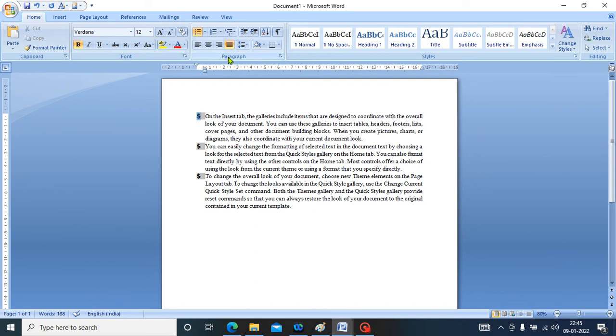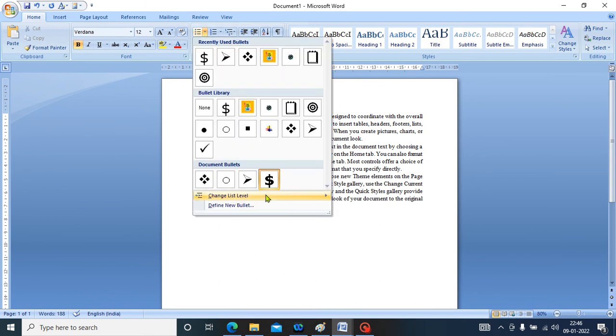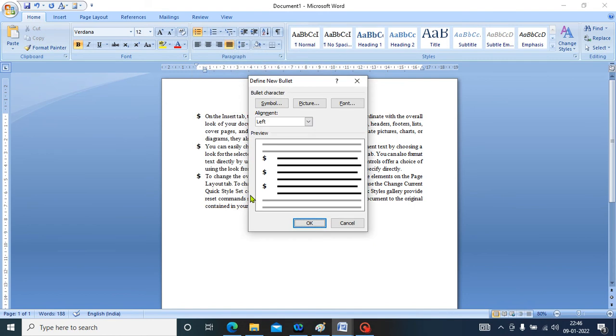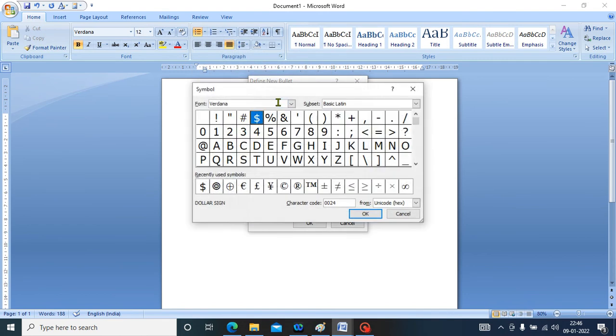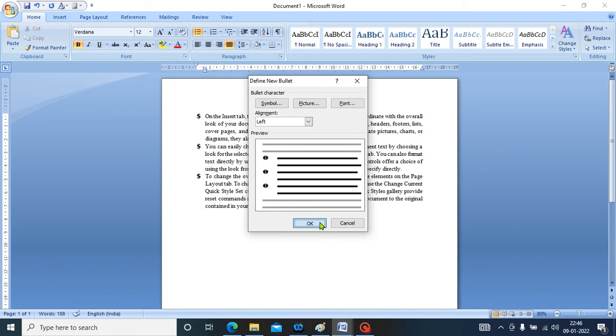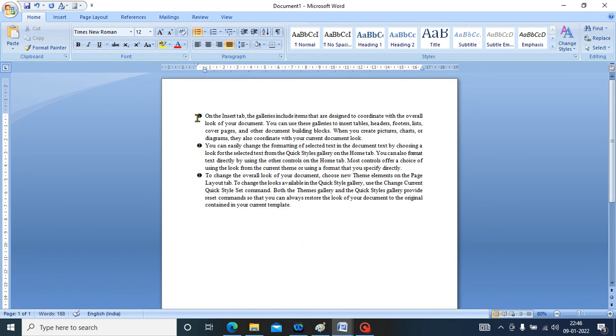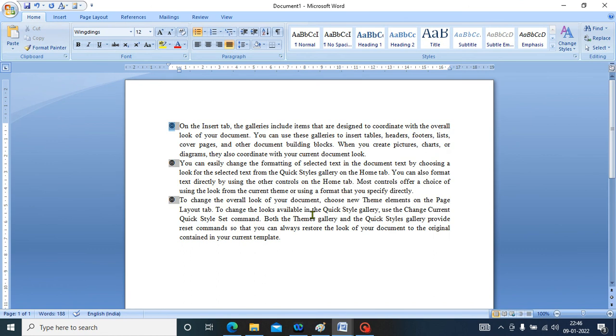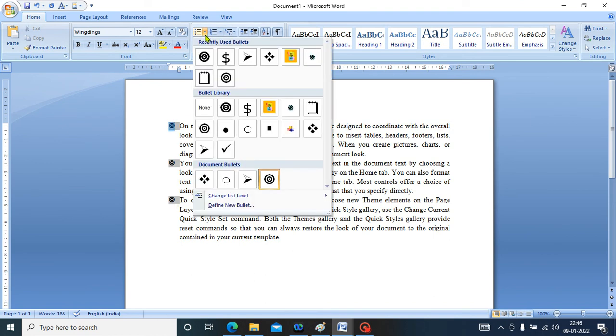But let us say you don't want this dollar symbol, so you can just define another and then you can have a symbol, let us say a symbol for a bullet we define like this. Depending upon your requirement, you want italic, you want bold, or no bold, you can define this bullet. So the first option is you can have symbols. Now let us see the second option.